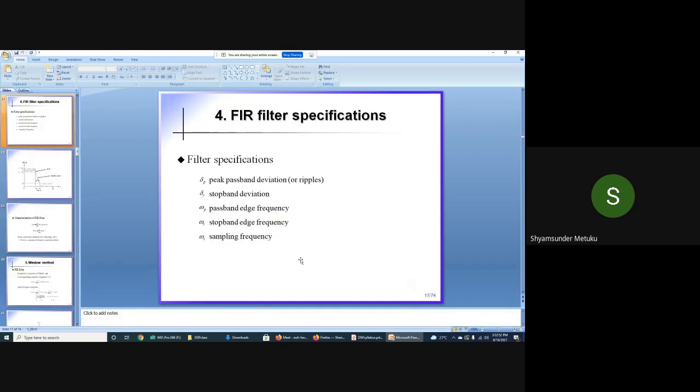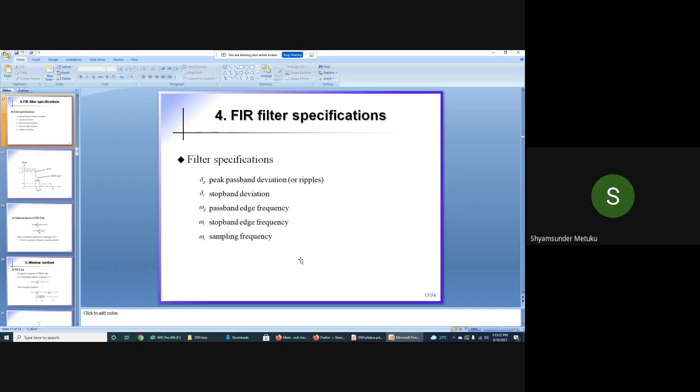From here onwards, we start how the filters are specified. It is something like we have discussed so far. What is an FIR filter? What is its mathematical representation? And the condition to get linear phase. Then based on the linear phase, you come across 4 different types: type 1, type 2, type 3, and type 4, isn't it? This is what we have discussed so far. Agreed?